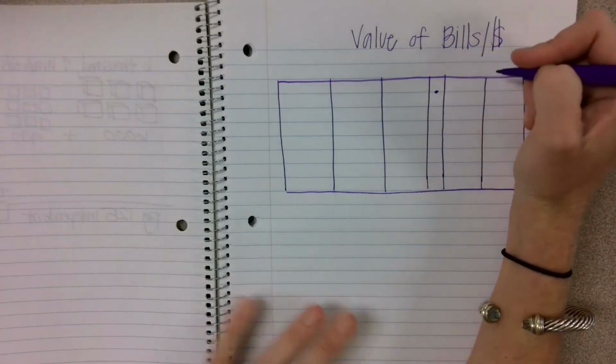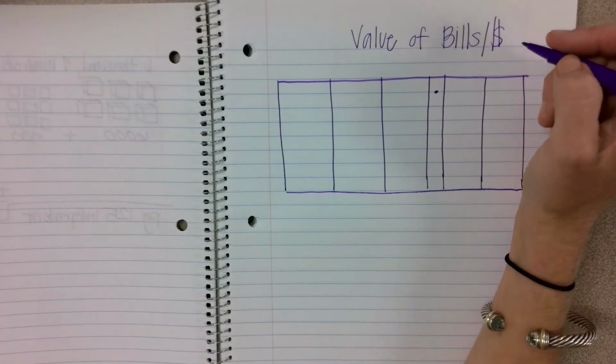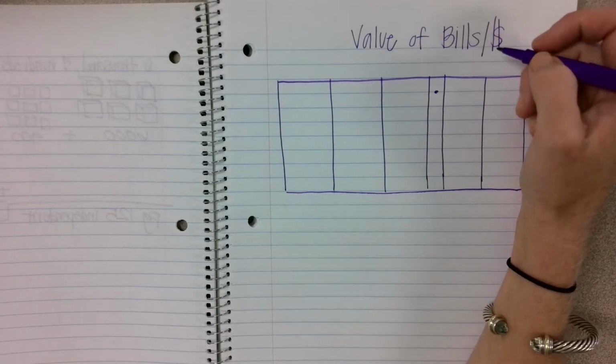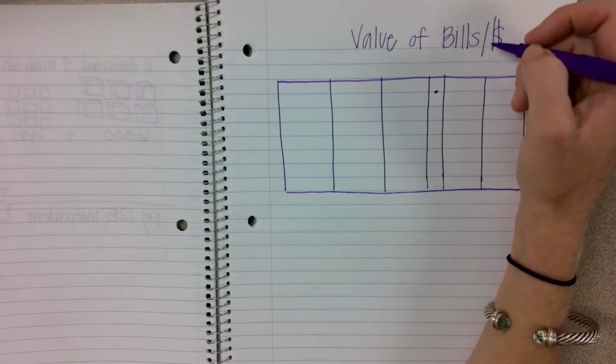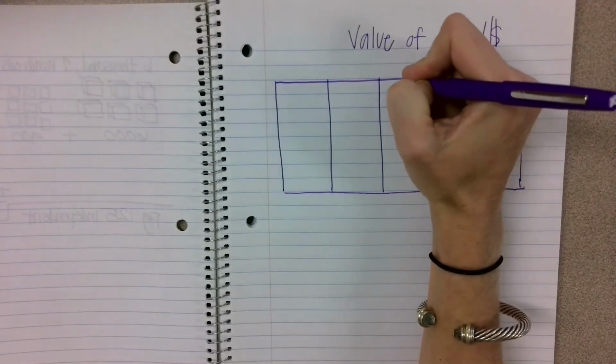Okay, so this is our little place value chart, and this is going to help you with money, but it's also going to help you with place value when we're doing problems with standard numbers that don't involve money. And I like to use a lot of money problems because it just makes more sense to us. So here, this is our ones